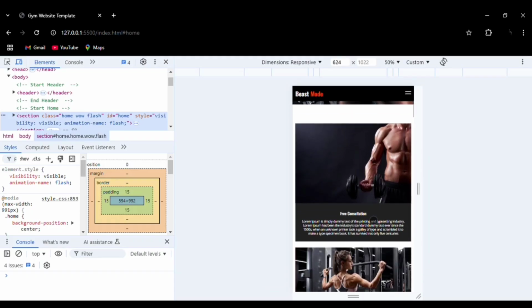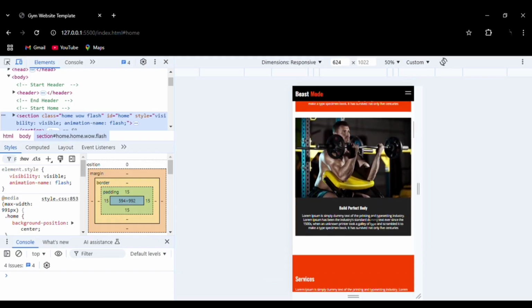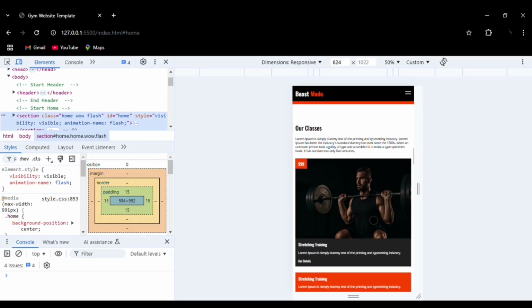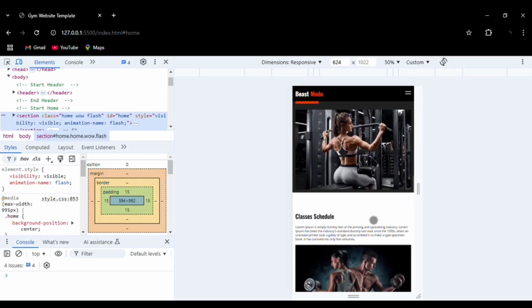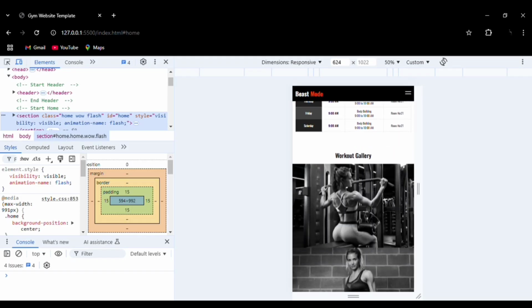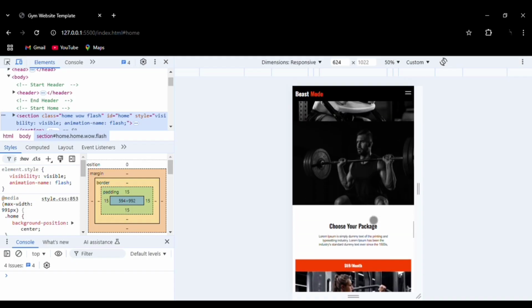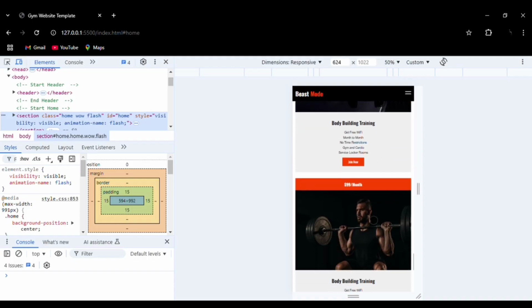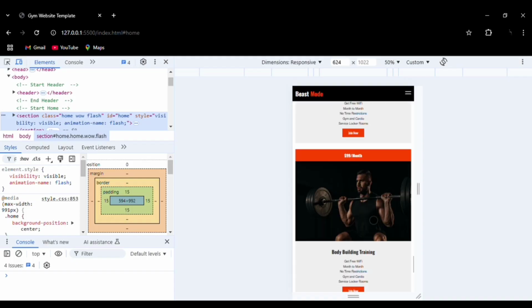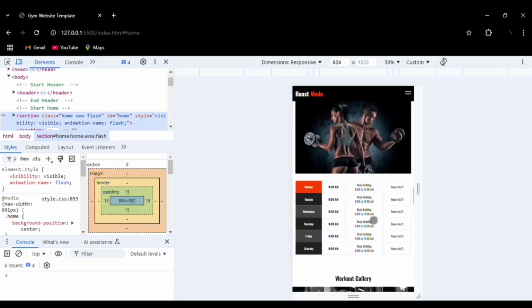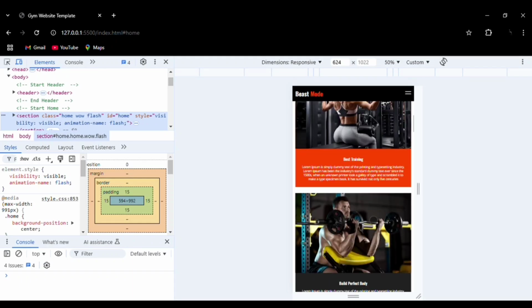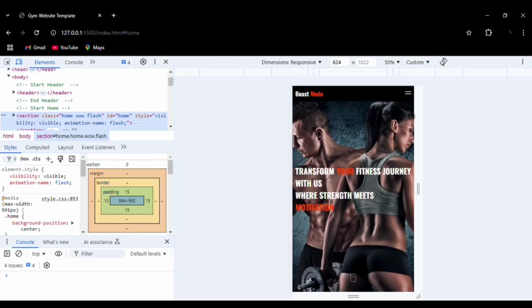You can see it is perfectly aligned with the screen size that we have, and you know that it is very important that we are using the 100% width of the screen size, so that we can align all the elements perfectly. And it is very important that we should always have our website responsive, because it gives us a very professional look to our website, that